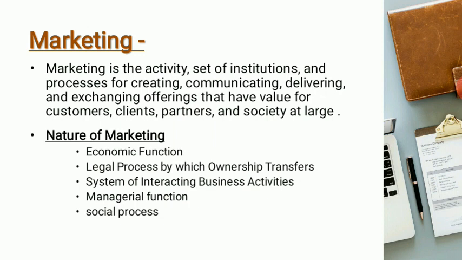The societal marketing performs three essential functions. First one is knowing and understanding the consumer's changing needs and wants, efficiently and effectively managing the supply and demand of products and services, and efficient provision of distribution and payment processing system. So these are the social process of marketing. Also, there are different scopes of marketing.